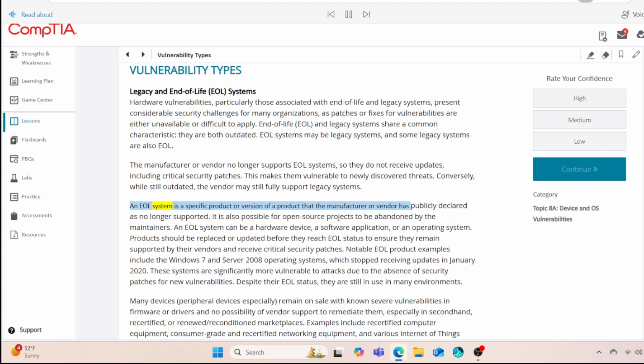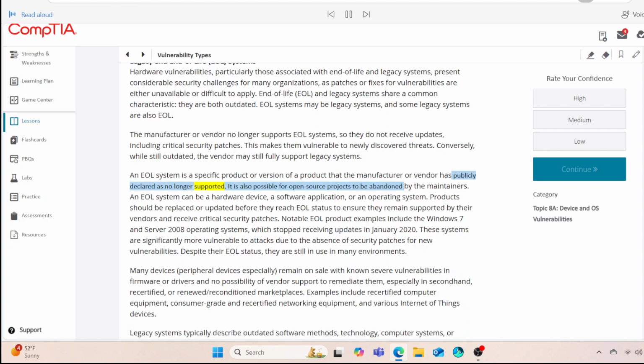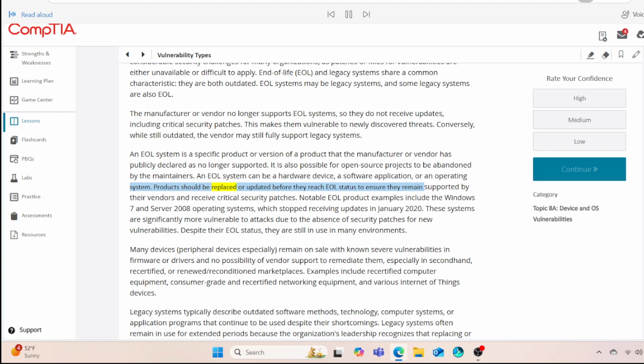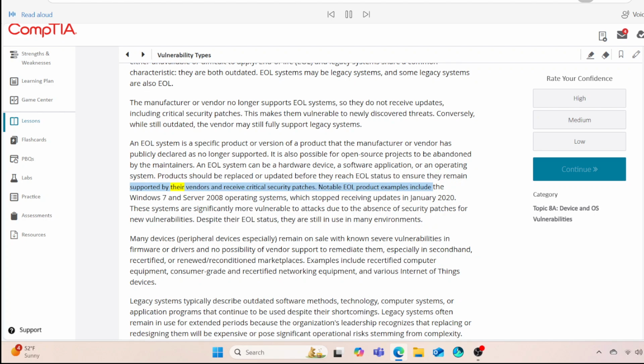An EOL system is a specific product or version of a product that the manufacturer or vendor has publicly declared as no longer supported. It is also possible for open-source projects to be abandoned by the maintainers. An EOL system can be a hardware device, a software application, or an operating system. Products should be replaced or updated before they reach EOL status to ensure they remain supported by their vendors and